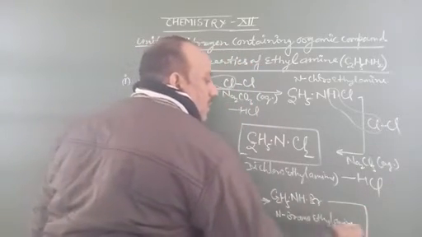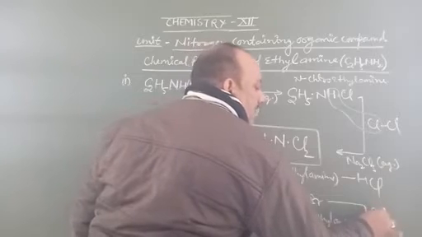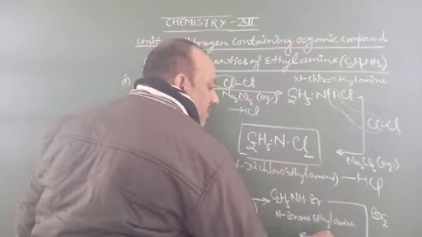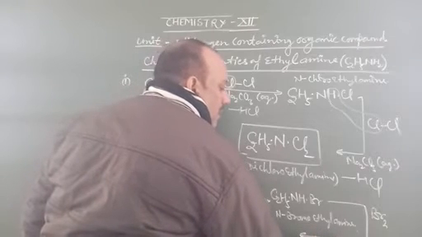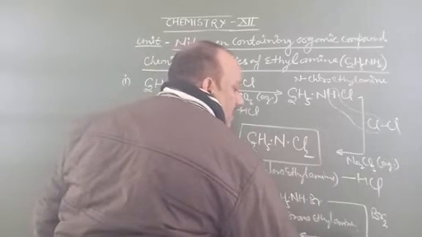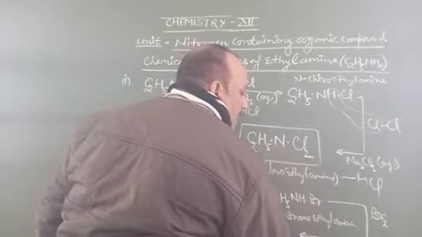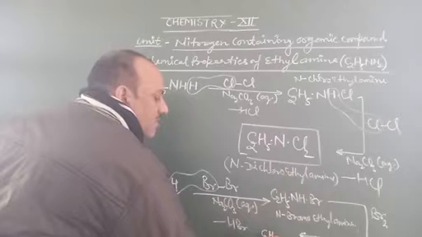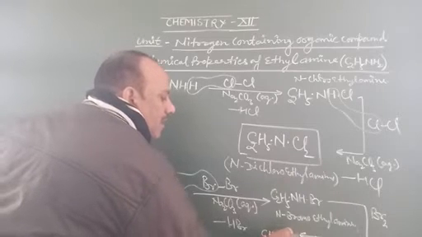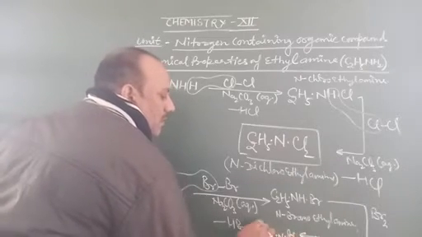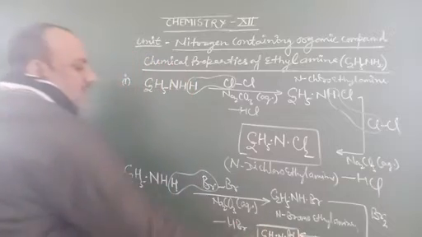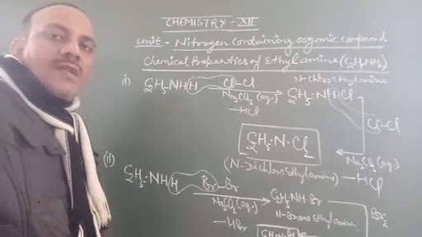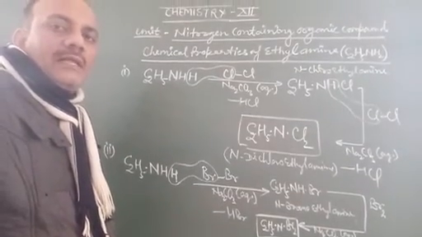It also reacts with bromine, Br2, in the presence of aqueous Na2CO3. Hydrogen bromide, HBr, is subtracted to form C2H5NBr2. This is the last product of this reaction. This product is known as N-dibromoethylamine.